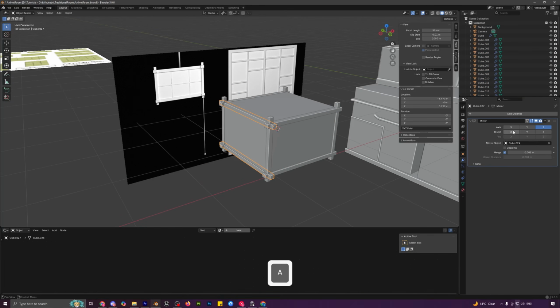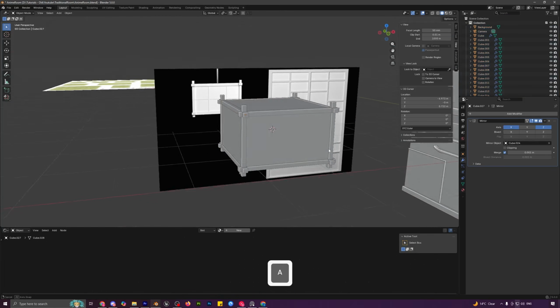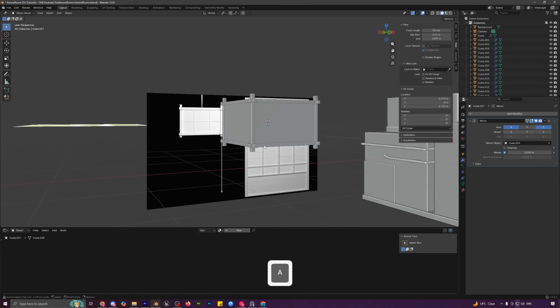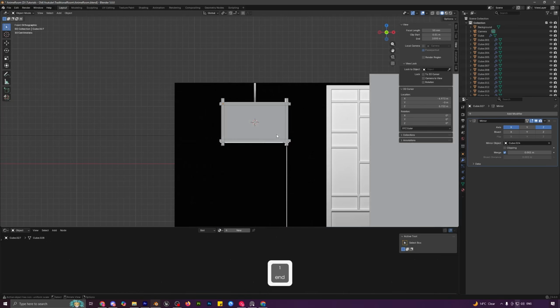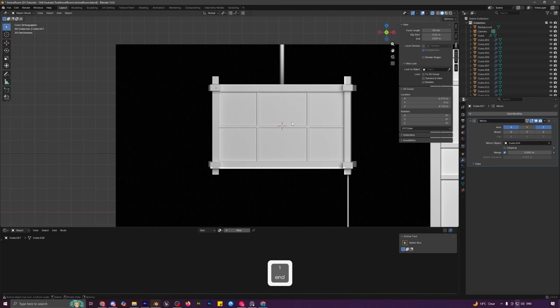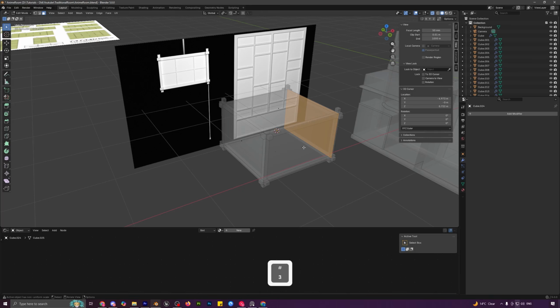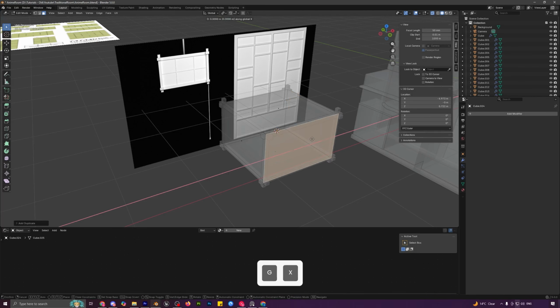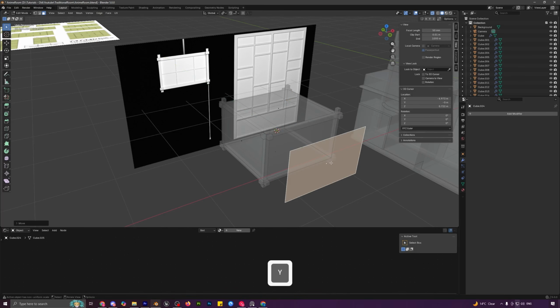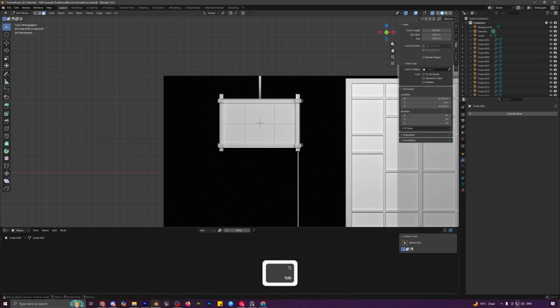Alright, now we just need to duplicate them on the x-axis. Perfect. Now our ceiling light is ready. We can just add these extra details. So just select your cube, press Tab, press 3 for face select. Let's select this face, press Shift plus D and duplicate it out. Bring it out over here, press P and separate the selection so that we can create it into a different